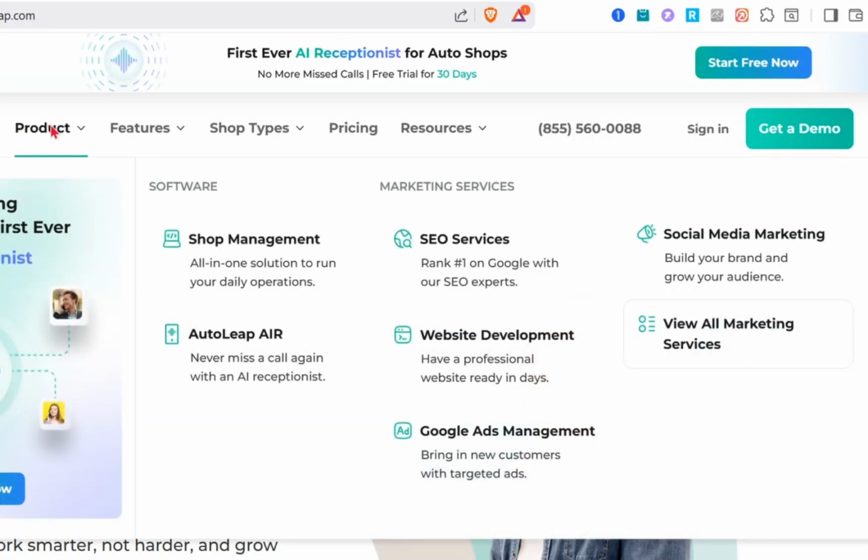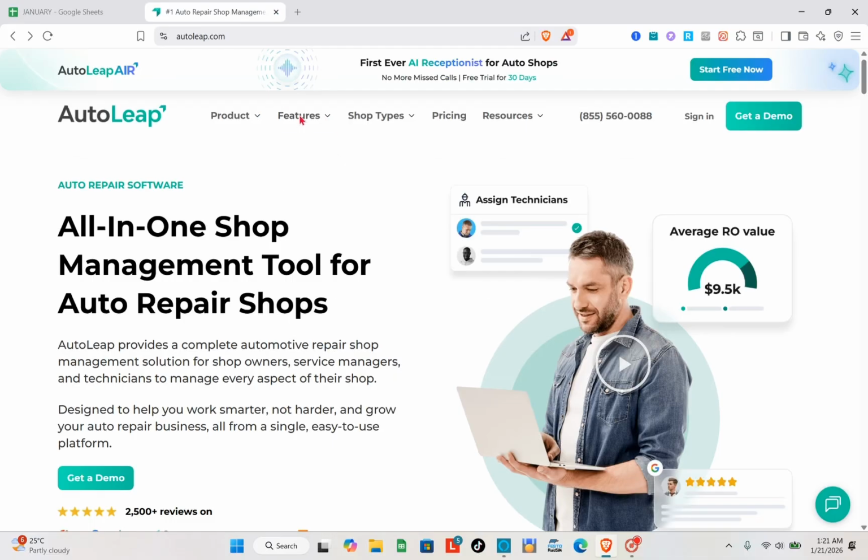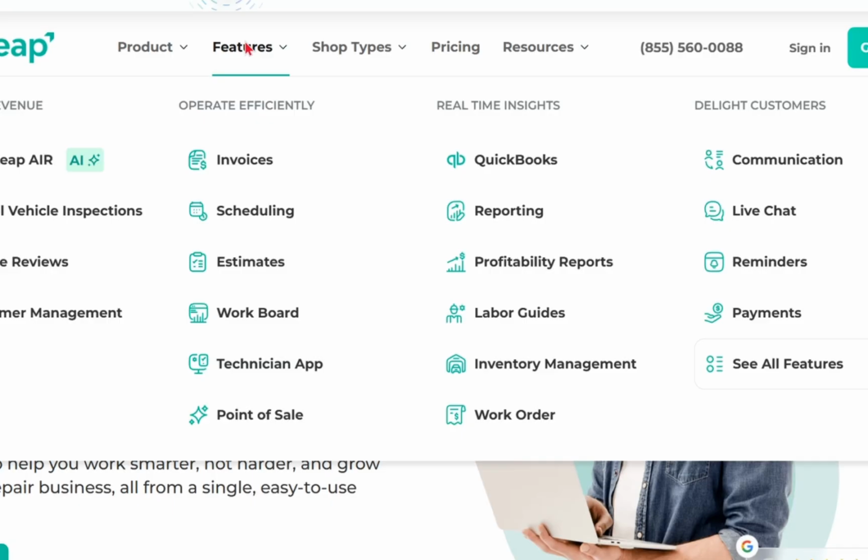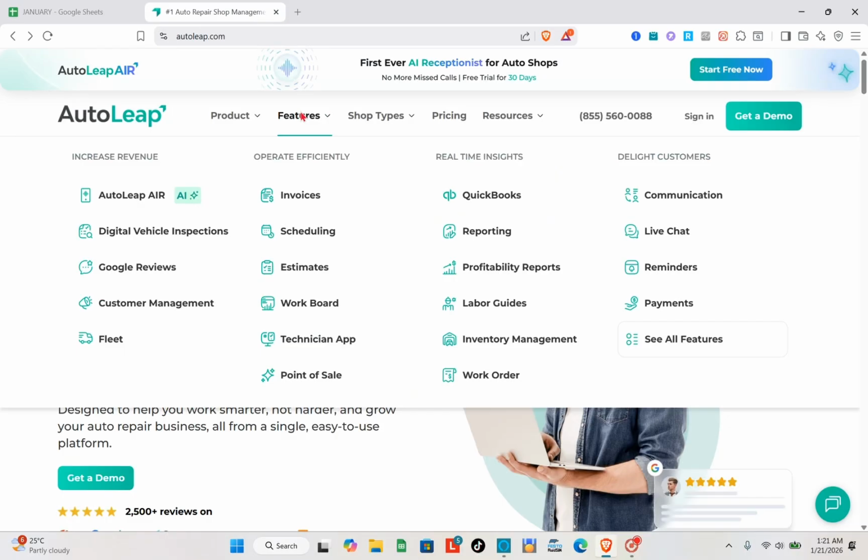Okay, so here as you can see in the product section, for the software we have the shop management and the Autoleap Air. And for the marketing services, we have the SEO services, website development, Google Ads management, social media marketing, and view all the marketing service section. So for the features, as you can see, you can increase the revenue, operate efficiently, real-time insights, and